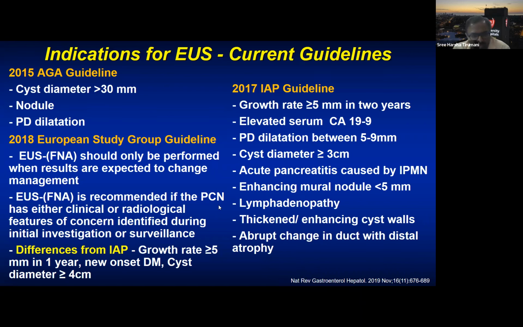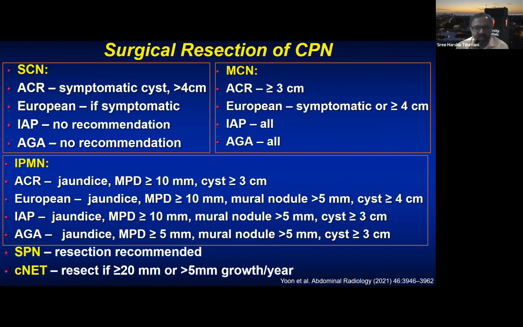So the difference between the IAP and the European guideline is that they recommend EUS if the growth is more than 5 millimeter in 1 year, not 2 years. And in any patient with new onset diabetes mellitus, or the cyst is more than 4 and not 3. So the guidelines are somewhat similar, but there is some difference when it comes to the size cutoffs. Now, when it comes to surgical resection,